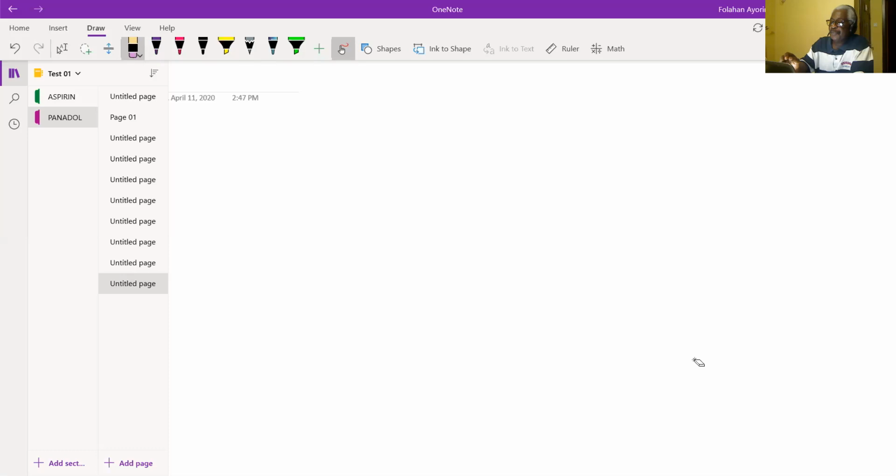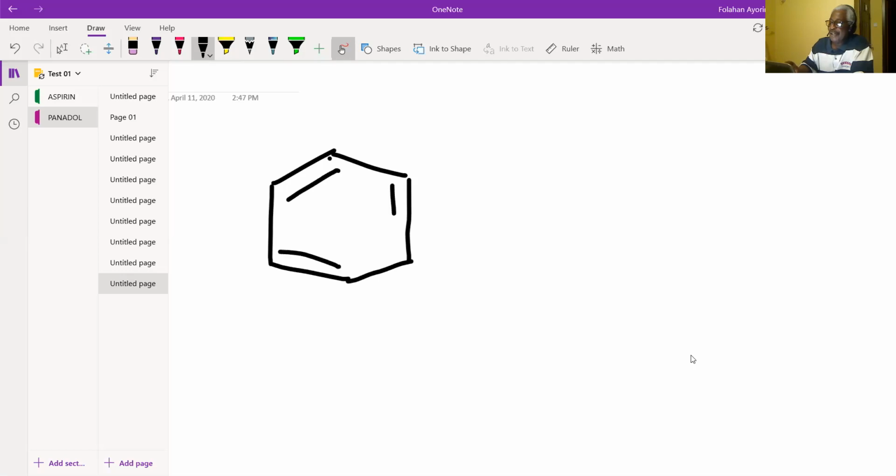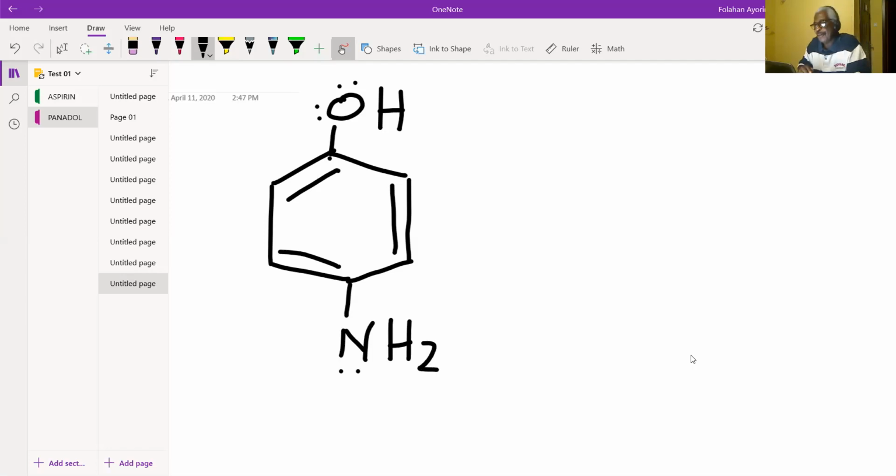how come only the hydrogen on the nitrogen in the starting material, how come only the hydrogen attached to this nitrogen is replaced by the acetyl group? Well, the answer to that is